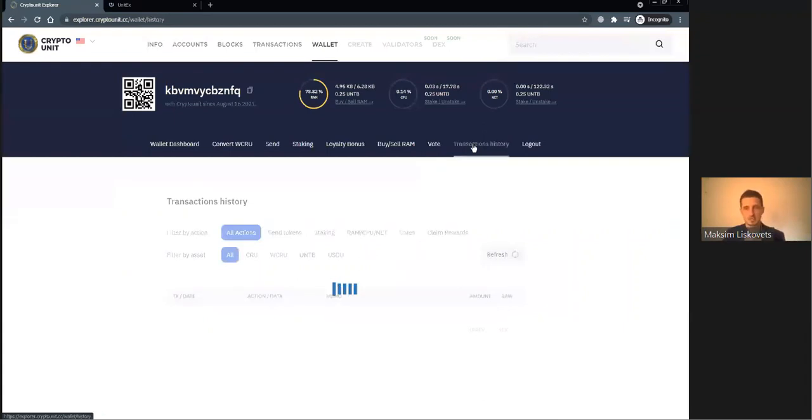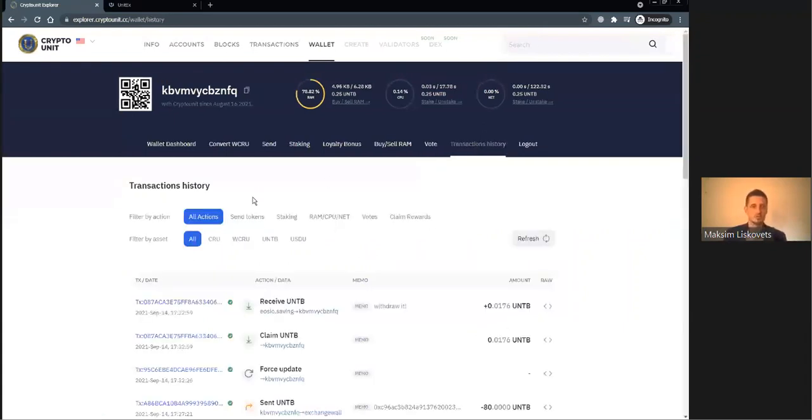And the next one is transactions history. Here you may filter out all your transactions and see which actions you took and monitor in full the processes happening in your wallet. Filter by action means to filter by any action. Here there is the button all actions,